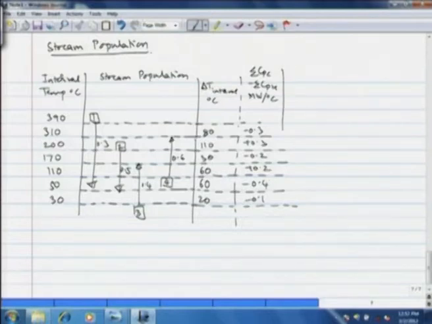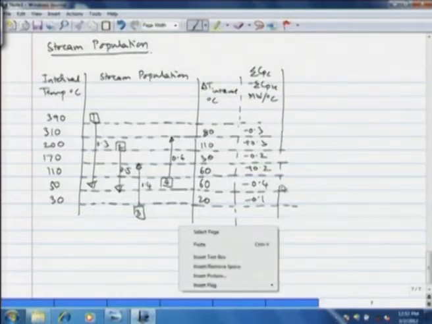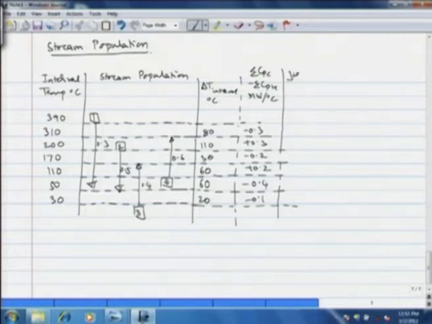Then we have to calculate the delta H in the interval, minus 24, minus 33, minus 6, 12, minus 24, minus 2,